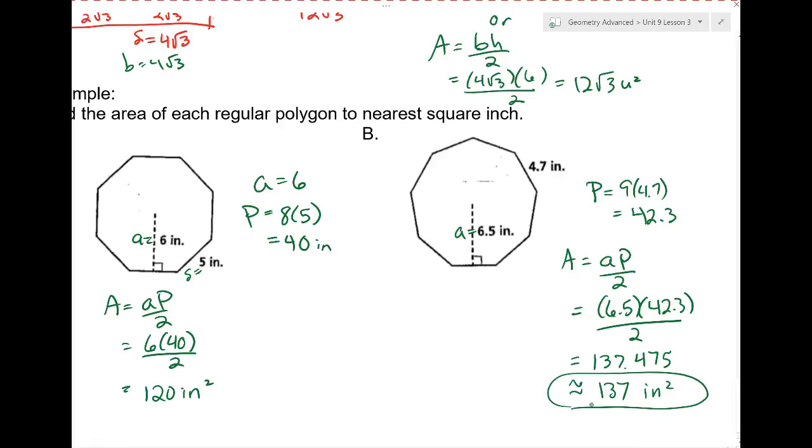Guys, think you can survive today? What's going to be the key? Draw your what? Yeah, draw your central angle triangle. If you've drawn your apothem and your side length, just mark it up carefully. You guys are going to be fine. Does that make sense? All right. Also, guys, I would sit there